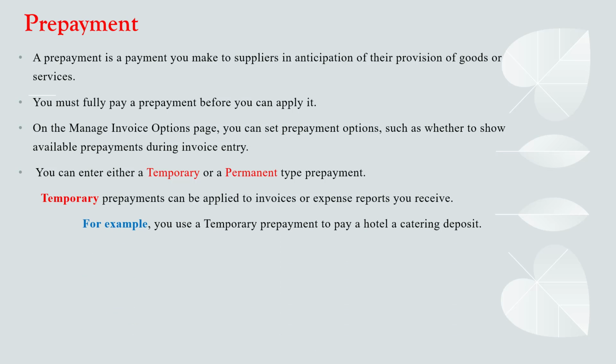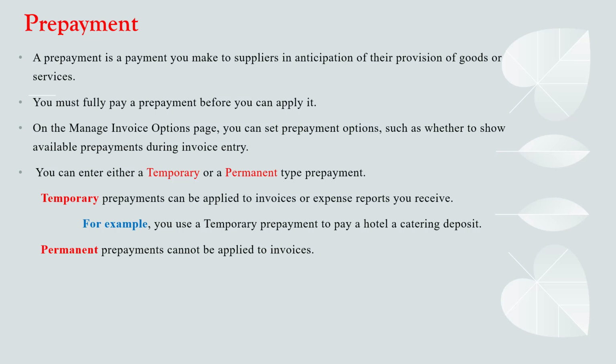What is an example for this? You can use a temporary prepayment to pay for a hotel, a meal, or other small expenses, and apply it for the prepayment. The other type is permanent. Permanent prepayments cannot be applied to invoices. Permanent is like a long-term prepayment for a project, where once you make a permanent prepayment, you cannot